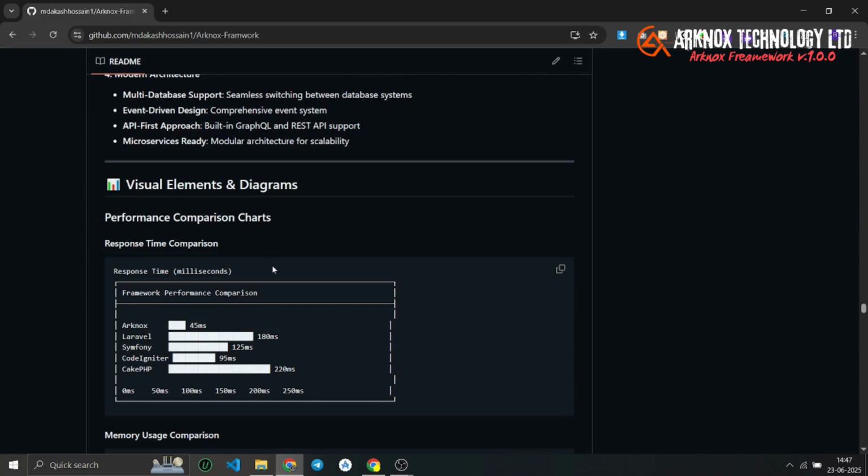Then the response rating. You can see that default Laravel doesn't have this kind of ability to respond quickly, but our framework is very light. That's why it responds to users very fast. You can integrate it in API-based services or fast interaction services. Or you have Symfony and